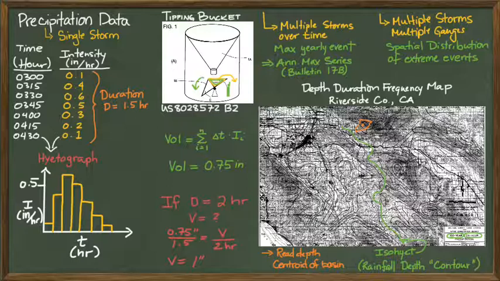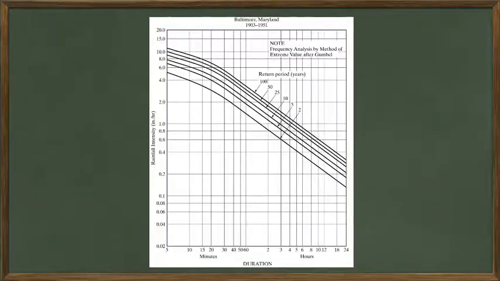So usually you don't have to work with this data, unless you know that software, otherwise we'll continue working with it. One of the other common forms of data that we get are graphs that look like this. This is an intensity, duration, frequency curve.